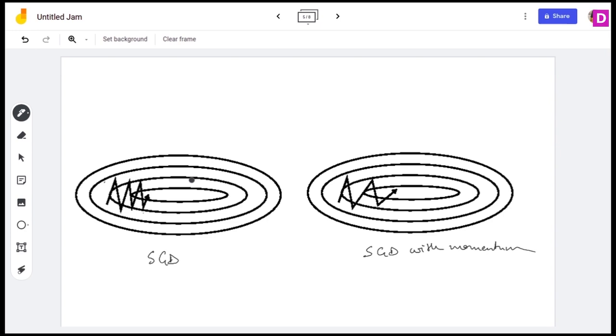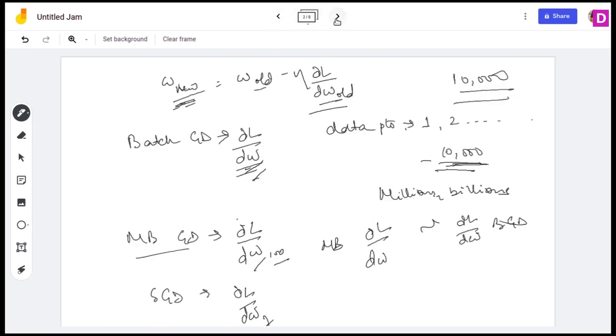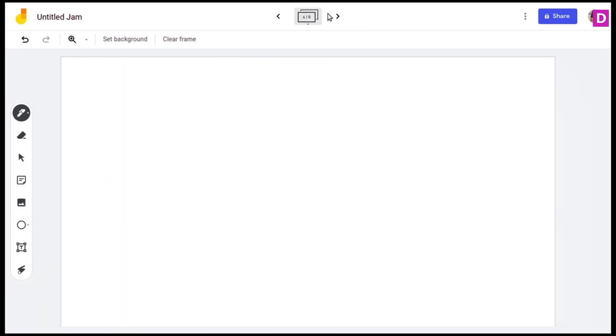So what exactly is the big idea behind momentum? When differentiating, we are using just this term, right? Instead of using the differentiation for only the last data point, let us use the differentiation calculated in all the previous steps as well. So for any one data point, instead of using only the differentiation calculated for that point, let us somehow add the earlier ones into that. That means it will average out the points and won't be this haphazard. Okay, let me make this clearer.